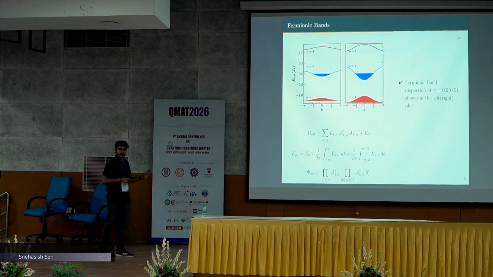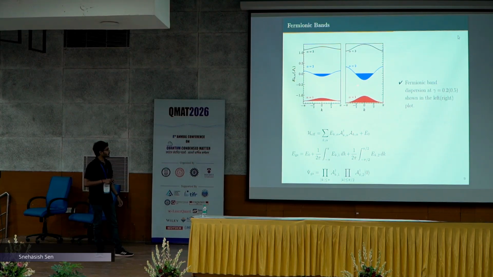Since it is a trimer system, there are 3 sublattice degrees of freedom, and so we get 3 fermion bands, and thus the ground state energy is something like this. Since it is a half-filled state, you just keep on filling up to half the number of states. This is for 0.2 gamma and this is for 0.5, and the ground state energy calculated from here is within 2 to 4% of the Bethe-Ansatz ground state energy. So, that is quite close, even from the mean field.